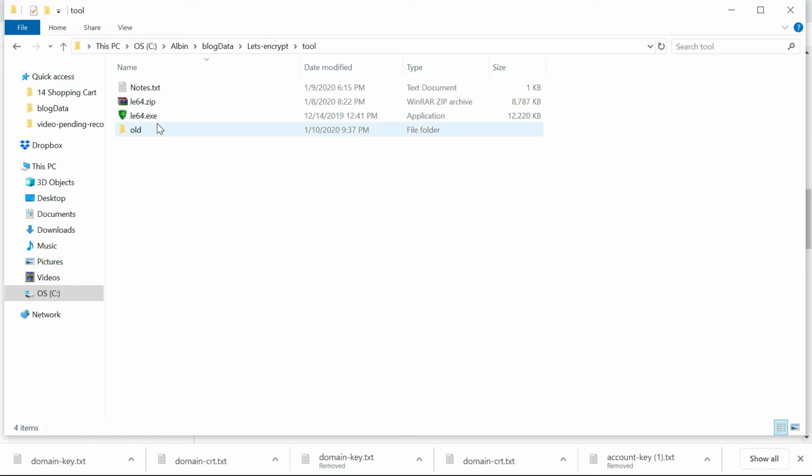After this, as a next step, we need to create the keys. Two keys we need to create: one is the account key, another one is the domain key. The account key is for 0ssl.com, to identify your account, because next time if you want to modify this specific certificate or renew it, you can use the same account key. The domain key is for the certificate. So let me go and generate those two keys first.